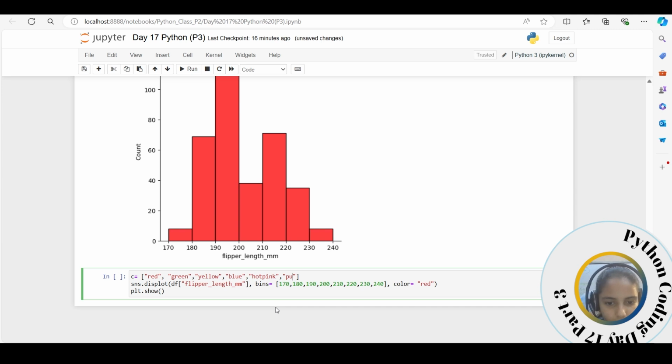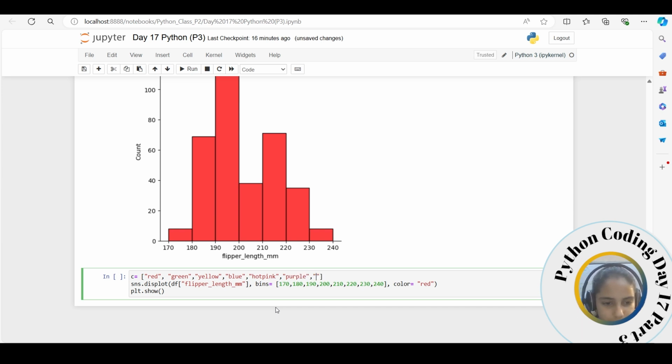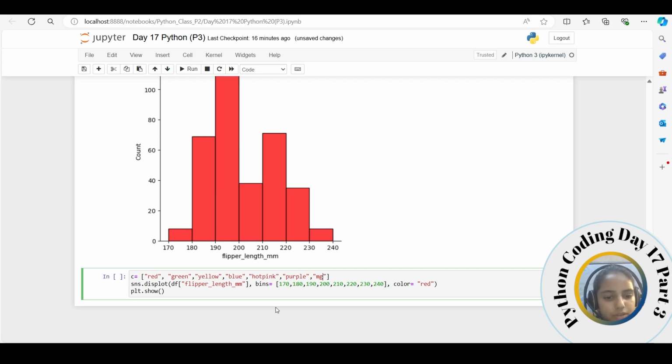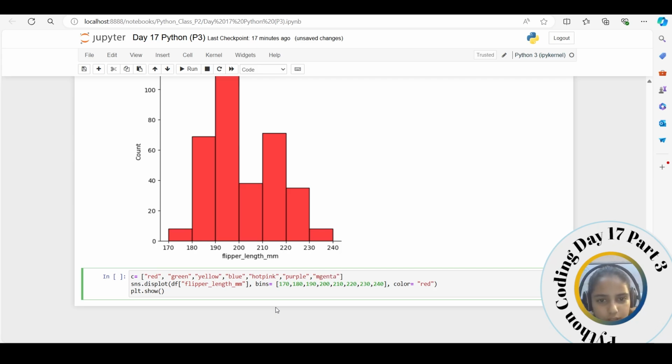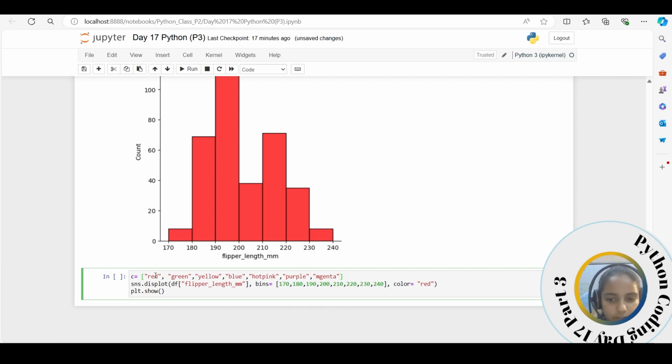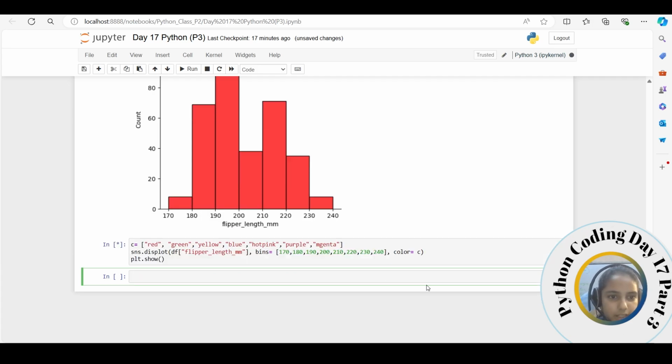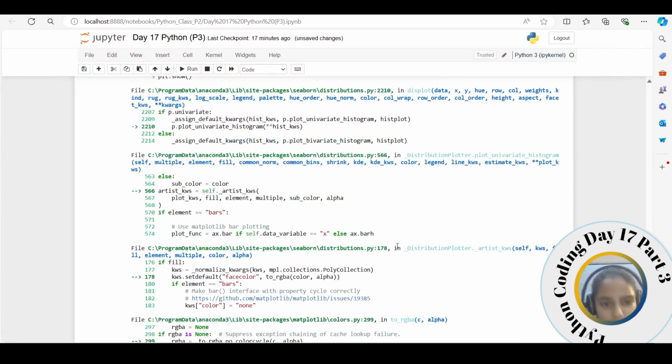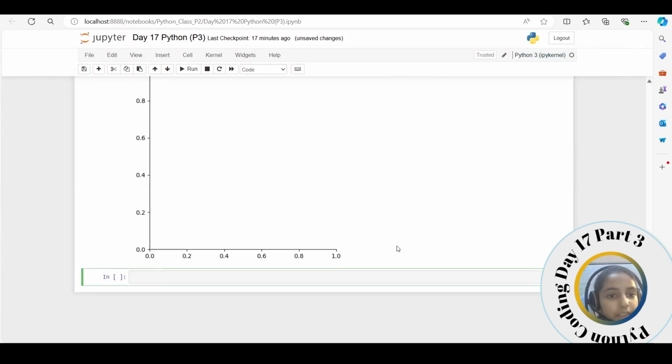Purple, magenta. Okay, one, two, three, four, five, six, seven, and over here we'll give C and execute. Over here you can see the value error that